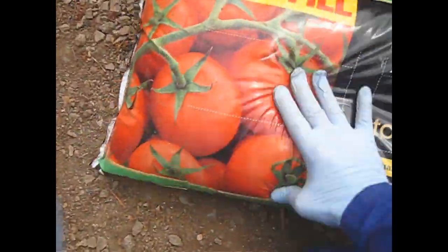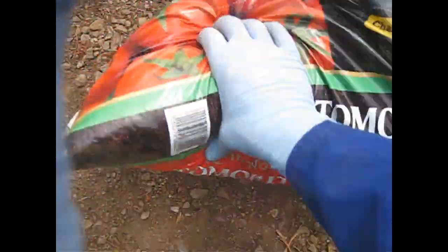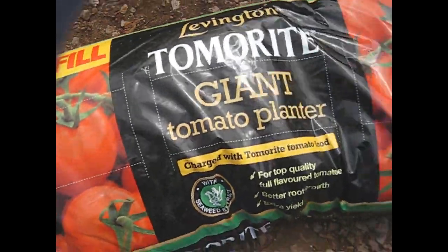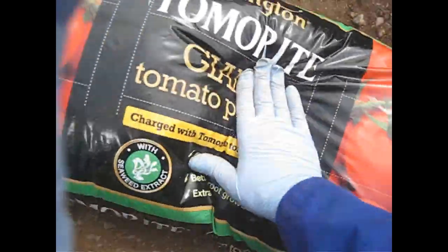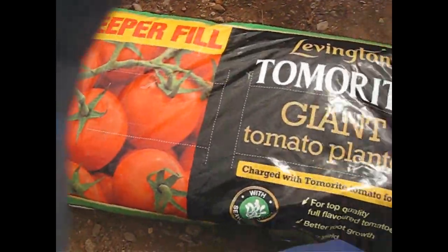Got to be careful doing that you don't burst an end of the bag. I've done that before, and if you do, just put some heavy duty tape over the end. Really want to break up those lumps. Don't forget, I think I've told you this before, that when you're doing this sort of strenuous work,